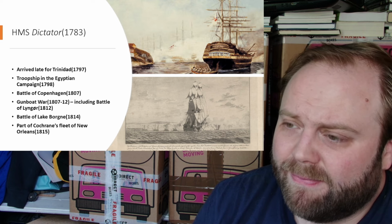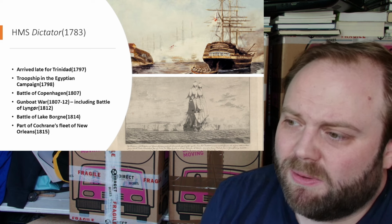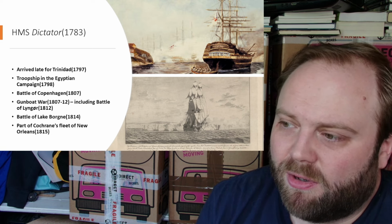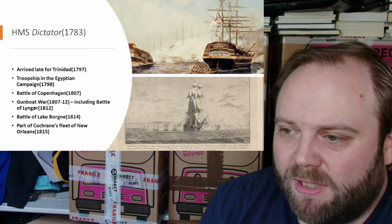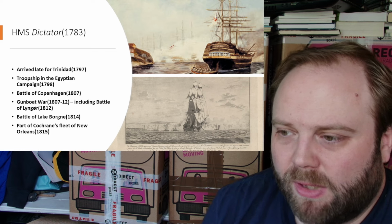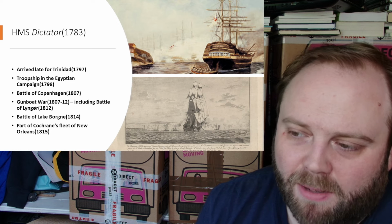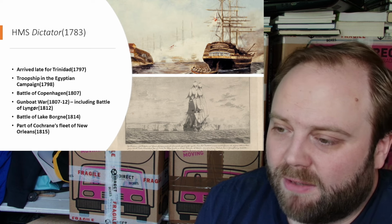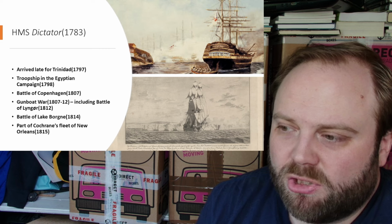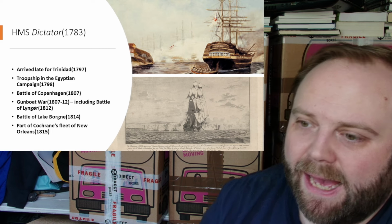Now, the Battle of Lyngør, how do I put this politely? It's pretty much the end of the Danish-Norwegian naval involvement in the Napoleonic Wars. Because, you see, the Royal Navy has this thing called HMS Dictator. And whilst she's backed up by three, we're going to loosely call them brigs. One had 18 guns, the Calypso. The other two had 14 guns, that's the Podargus and the Flamer. They were literally seeking out the last of the Danish-Norwegian ships. And, well,